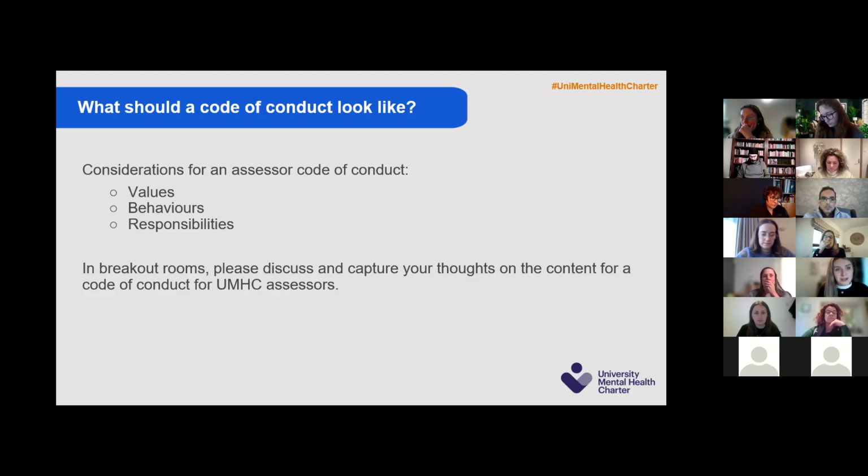If Emily was here, I would ask her about the time frame for the assessor handbook, but I'm really sorry, I'm not as familiar with when we're hoping to get that out. So unless one of my colleagues can jump in, I'll just say it's a priority that we're working on and focusing on at the moment.